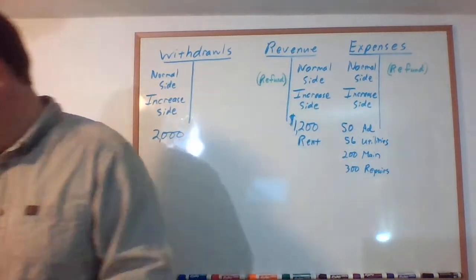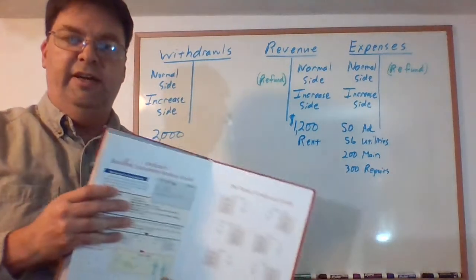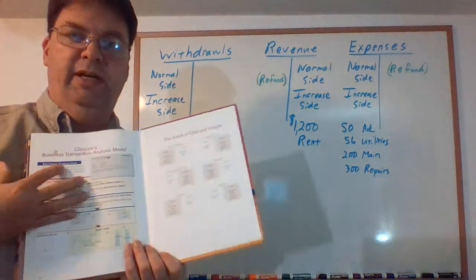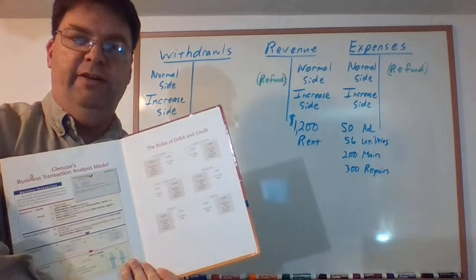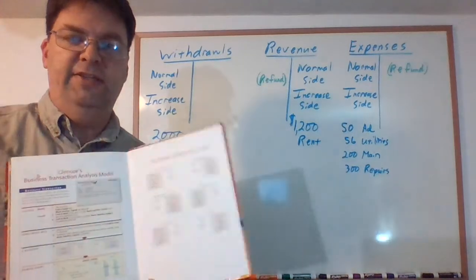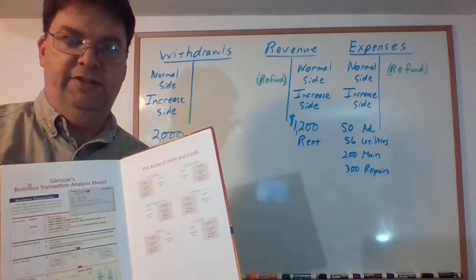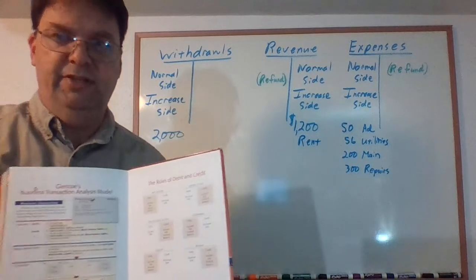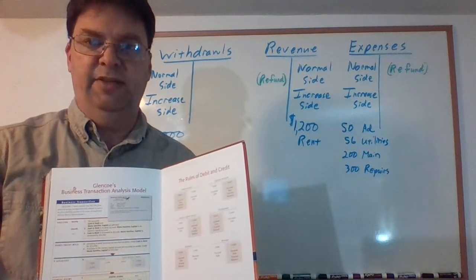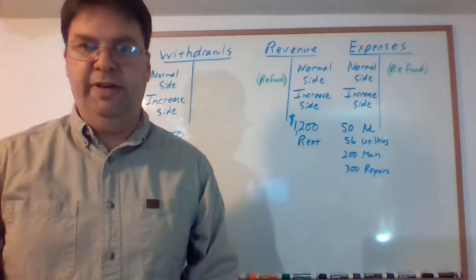And remember, in the inside cover of the back of your book, you will have right here the rules for debit and credit. Turn to the inside back cover of your book. I highly suggest that you get this out and use it so that you can help yourself commit these things to memory. Okay? So, what we've got here